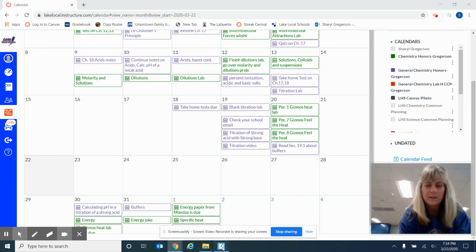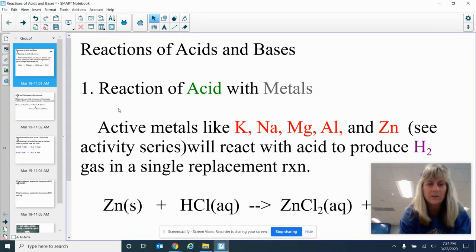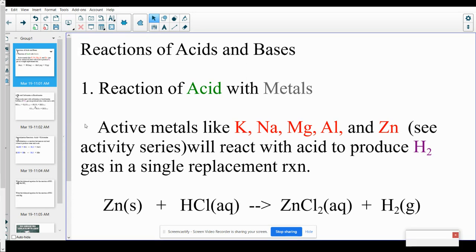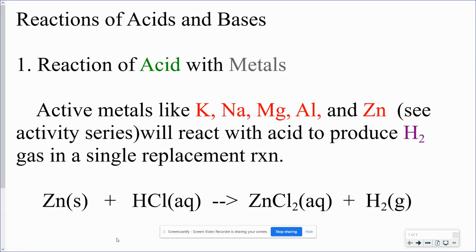So today's going to be a little shorter. It's going to be just looking at reactions of acids and bases. So here we go. When you have an acid reacting with a metal, we've done this before in lab,